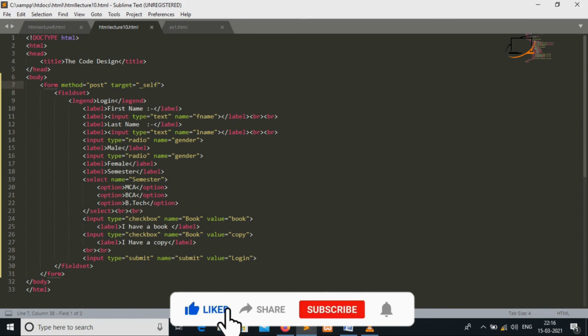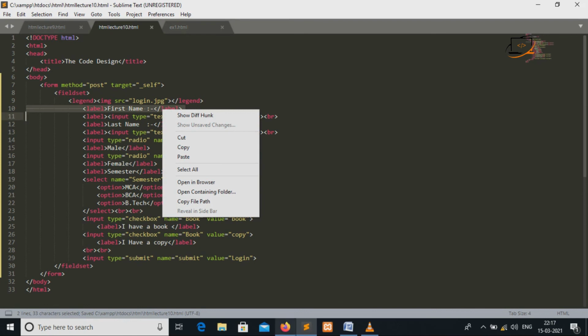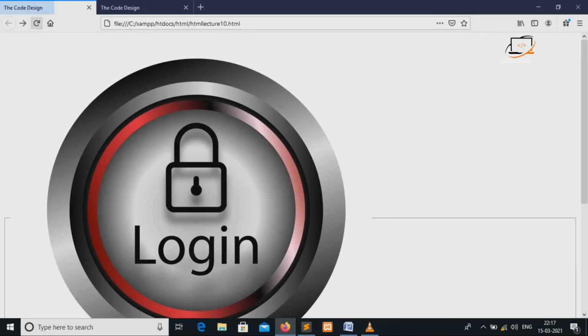Now, if you want to design my web page, so firstly here, I do not want here login should be image that elegant. So here I use login.jpg. Here I already saved the image, and now I save and refresh the page.